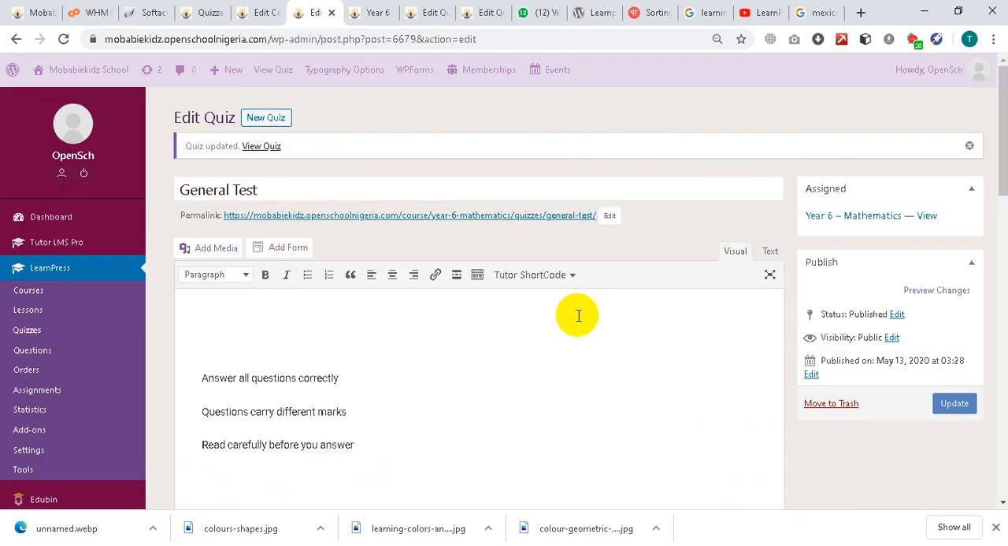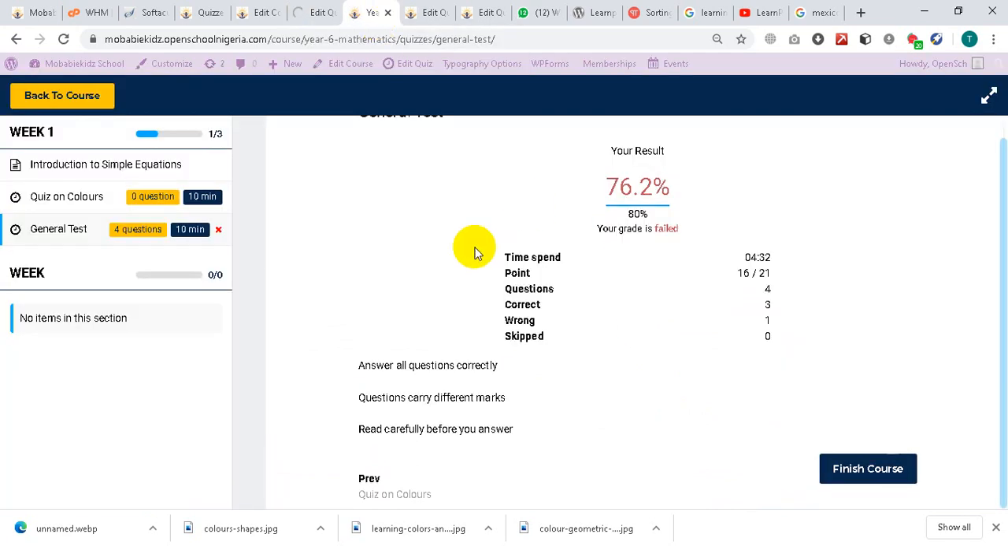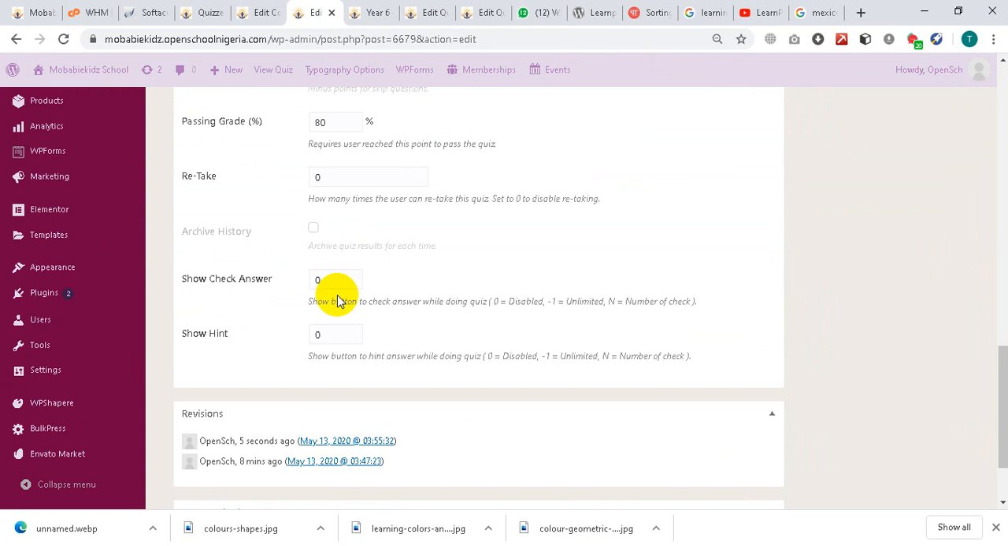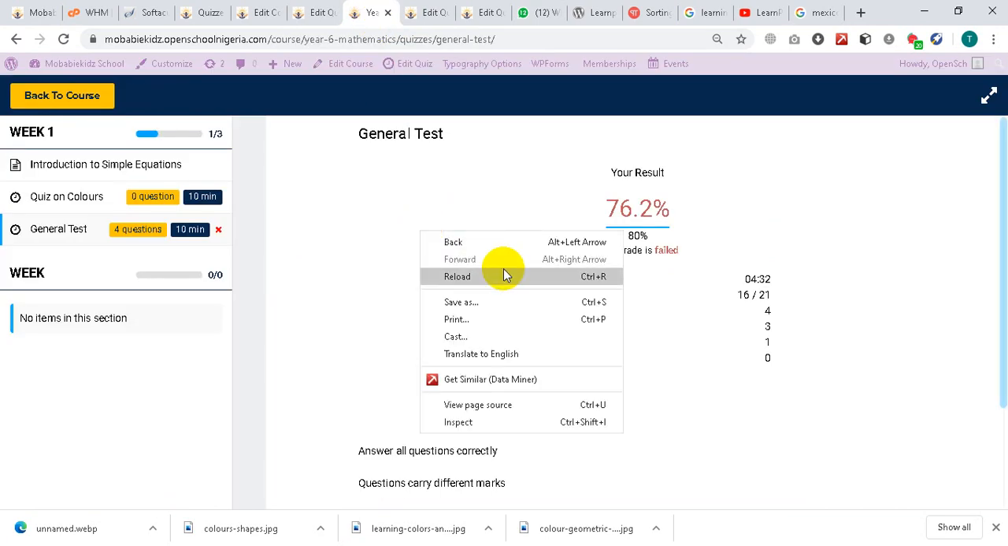So always remember to select that option. So that is why after that, remember to update. That is why this child did not get the option to review his tests or quiz or assignment to get correct answers. Okay? But since we had corrected these by adding the option to review, you observe that once we refresh this page,